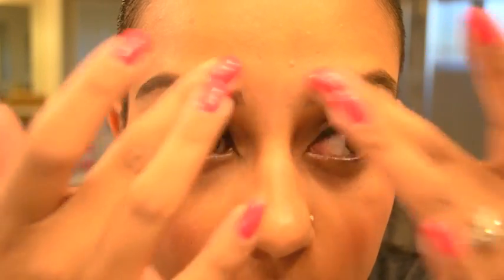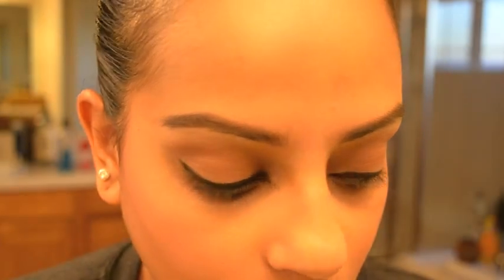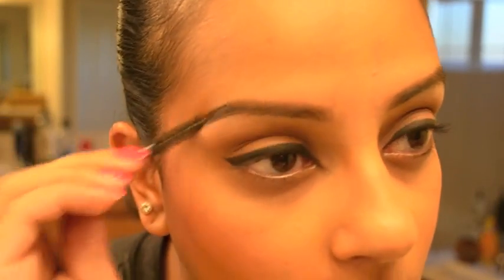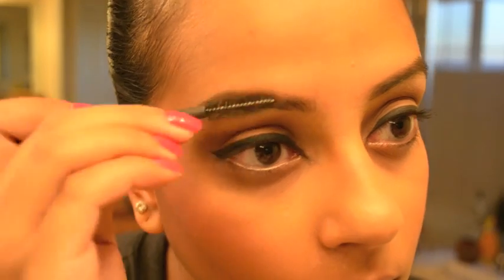Now I really like to use this step because I feel like it makes the brows look a little bit less harsh, a little bit more natural. And then I go in with my spoolie and I just brush through. This is to make sure that the hairs are pointing in all the right directions, and again, this just blends a little bit more. I don't really feel like I need brow gel after this because my hair is pretty fine, but if you feel like you do, this is the time to